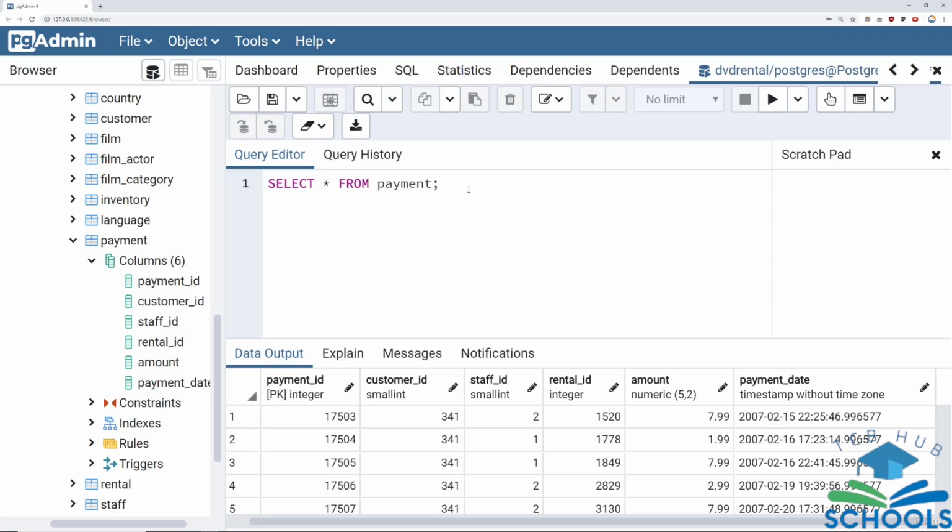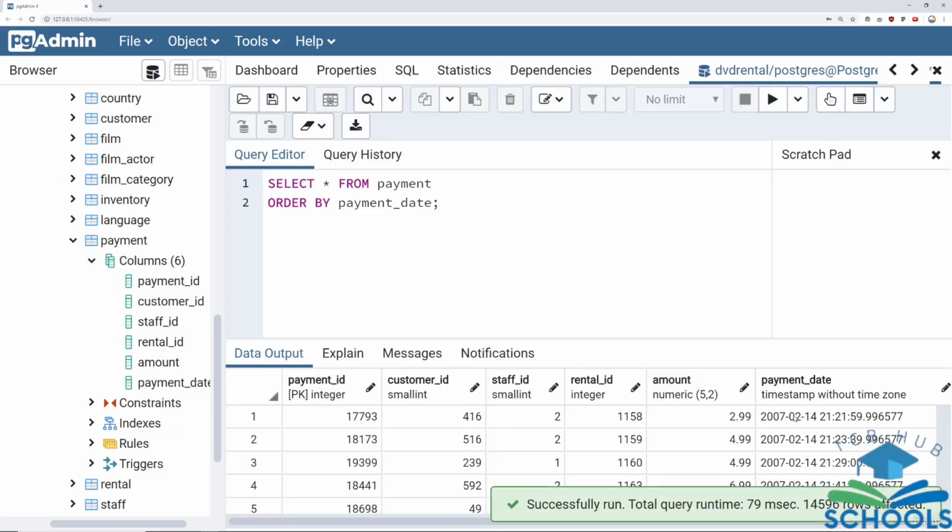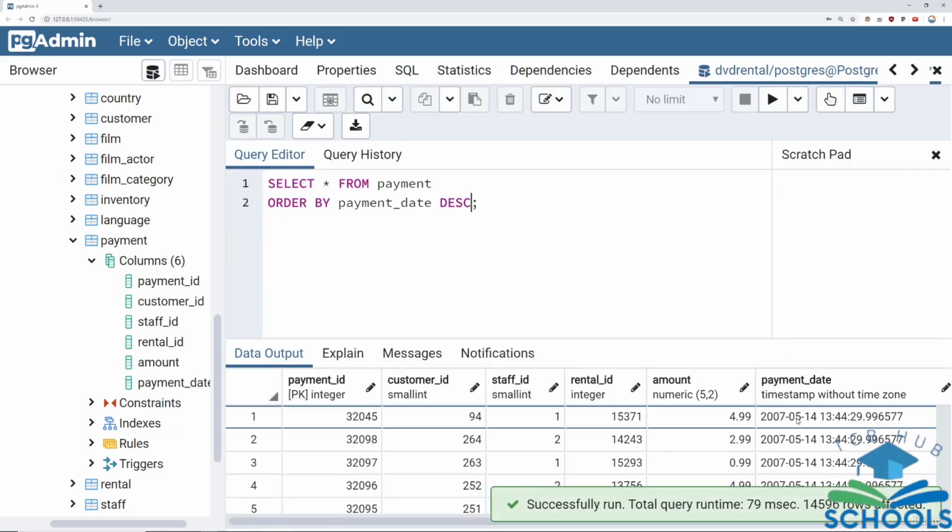What we could do is order by this payment date in order to see either the oldest payments or the most recent payments. So what I can do is say select everything from payment and then say order by payment date. And if we run this on a timestamp, what's going to happen if we refresh this? Notice we get 2007-02-14. So this is in American formatting, meaning it's year, month, and then day. And if I want, I can either order this by default ascending to get 2007, 2, and then 14, or I could say descending, run this, and I see 2007, 5, 14, essentially 14th of May instead of 14th of